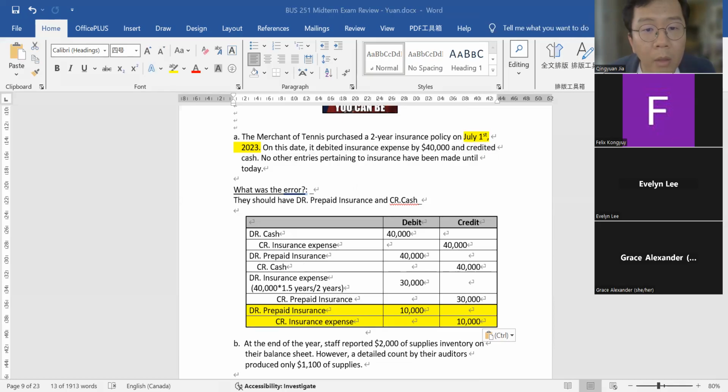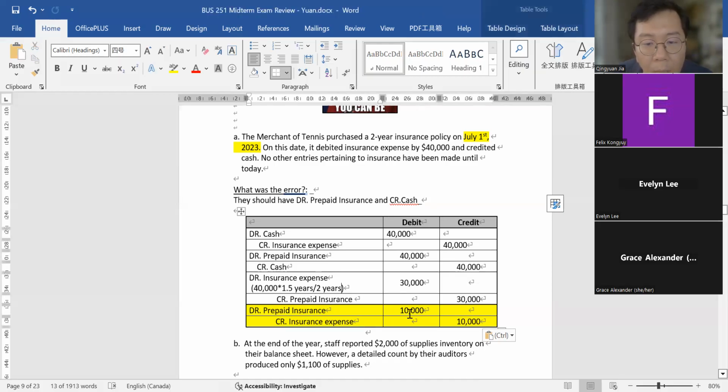Can you explain again where the resources came from? Okay. So this 10,000